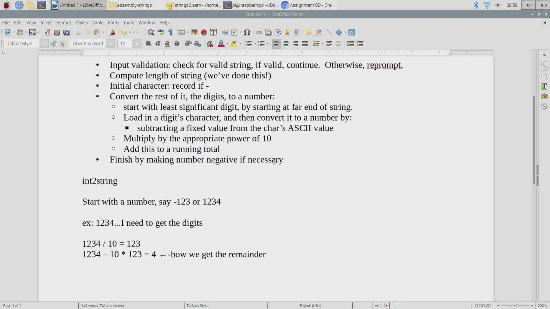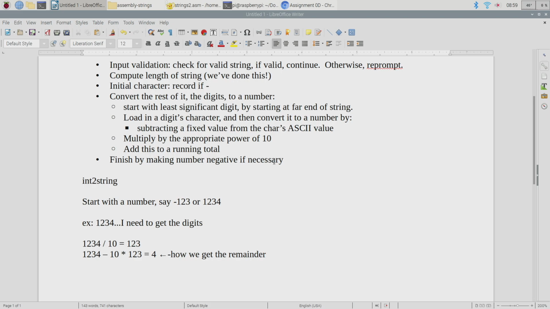All right, and then what do I do to get the 3? Well, I already have the 1, 2, 3 here, right? So just repeat this process. 1, 2, 3 divided by 10 is 12. 1, 2, 3 minus 10 times 12 is